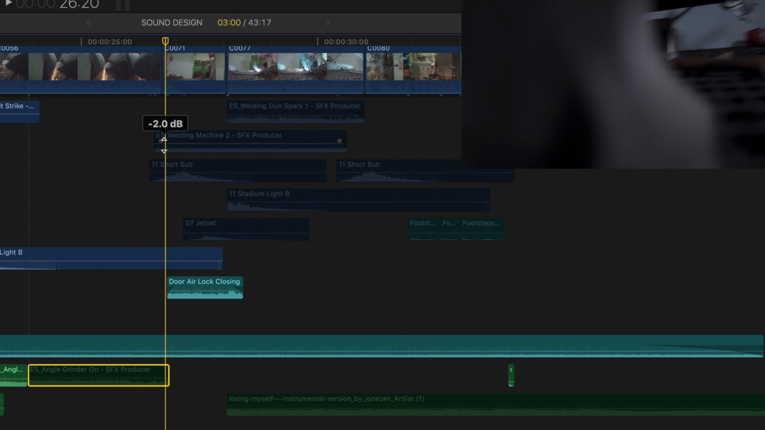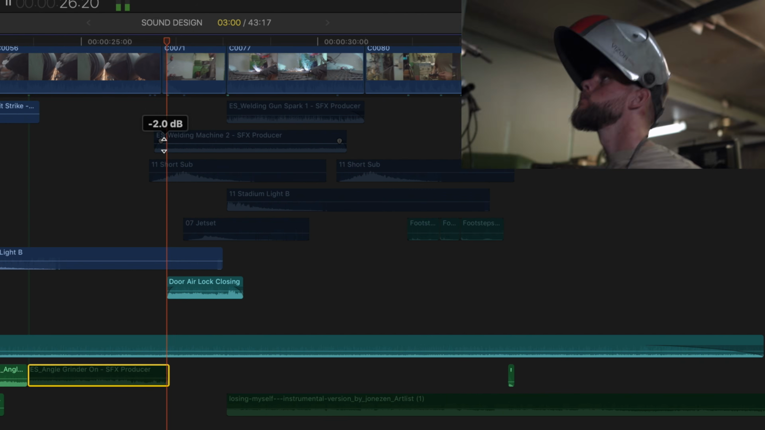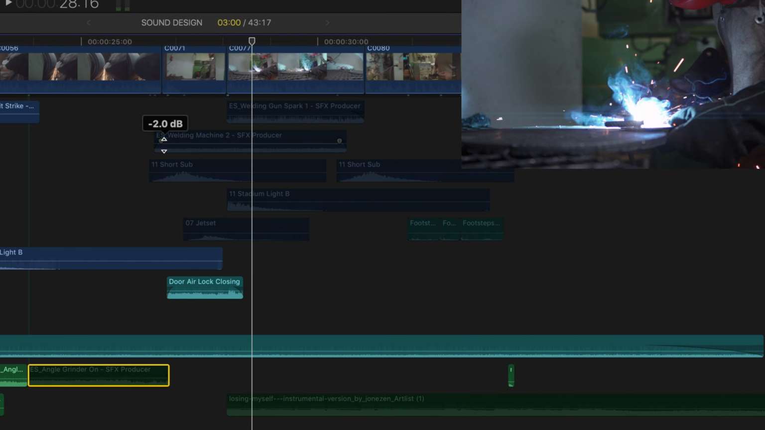I wanted to have an effect when he locks down his welding helmet, so I found this cool effect in the Final Cut Pro library. It sounds really weird. It's basically an airlock door from a spaceship, I think. But it sounds cool, so I added that in, and then I added the short sub, the welding machine, and I also added in a short, dry swoosh as well. So when you play that back,